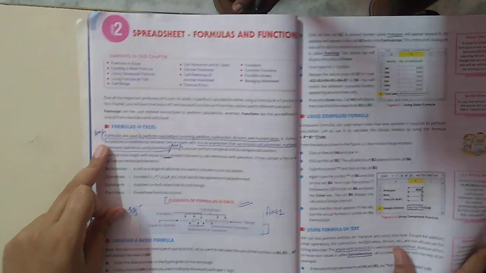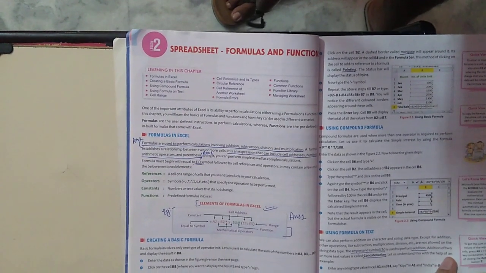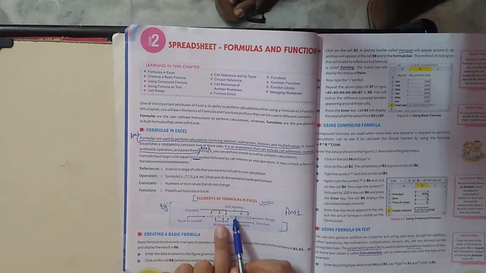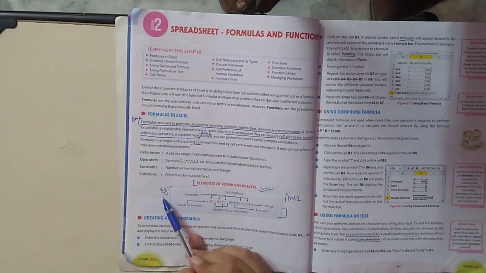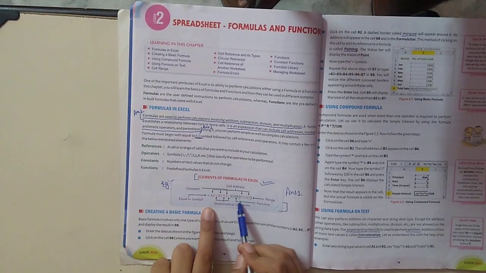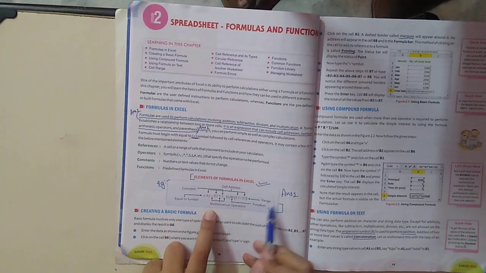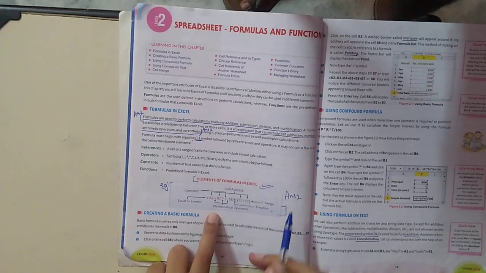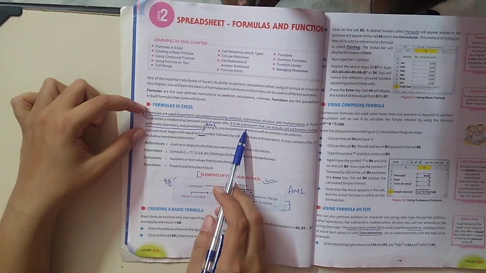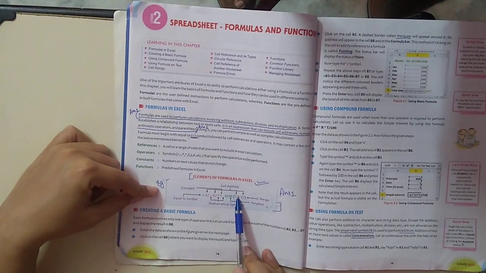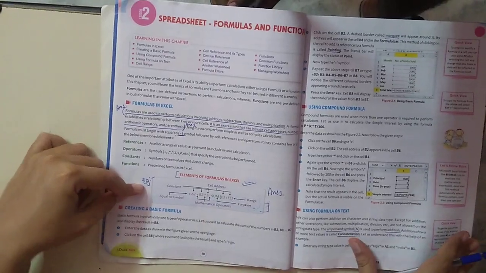Now in the other part of the question they have asked, explain with the help of an example. So one example also we have to give. The example is also there on page number 18. One diagram is given for the example, elements of formulas in Excel. This diagram you have to make as an example. You will write this formula and you will indicate these labels. So this is also part of answer number 1. Again I am telling, for formula we write these two lines which I have underlined here, and then for example you will draw this diagram. Hope you all are clear.